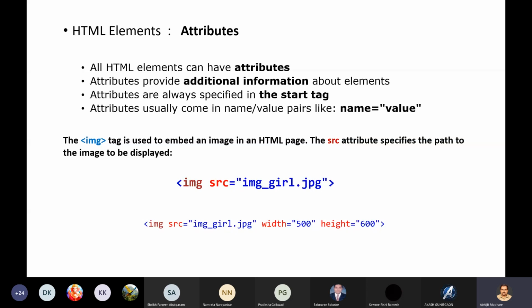So color is normally a property, an attribute of a particular element or entity inside the web page. So color is not a tag. Color always acts as an attribute or property of a particular tag.